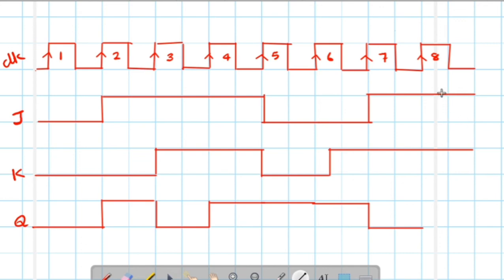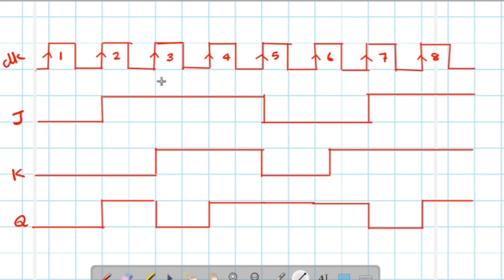And the eighth clock pulse, again J is equal to 1 and K is equal to 1, that means again it toggles, that means it goes to 1. So this is the waveform of the JK flip-flop. Clear? In the case of a JK flip-flop, if J is equal to 1 and K is equal to 1, it goes to a toggling state. That means if state is equal to 1, it goes to 0, and if state is equal to 0, it goes to 1. But sometimes the clock pulse is too long compared to the propagation delay of the circuit.